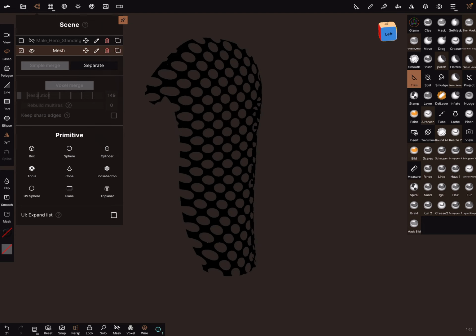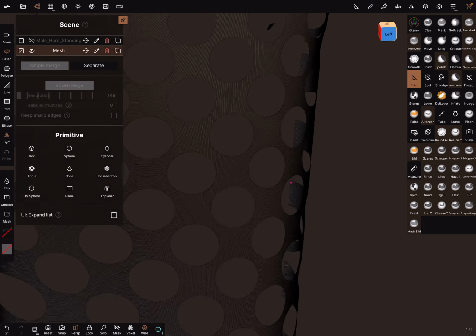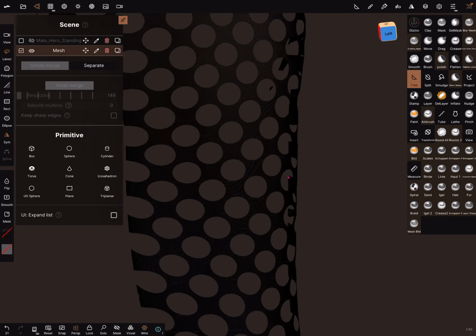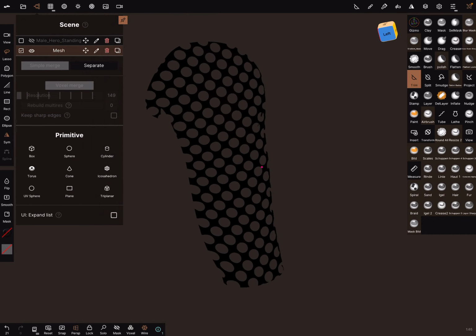Now I turn on the wireframe. It's a very high resolution wireframe.